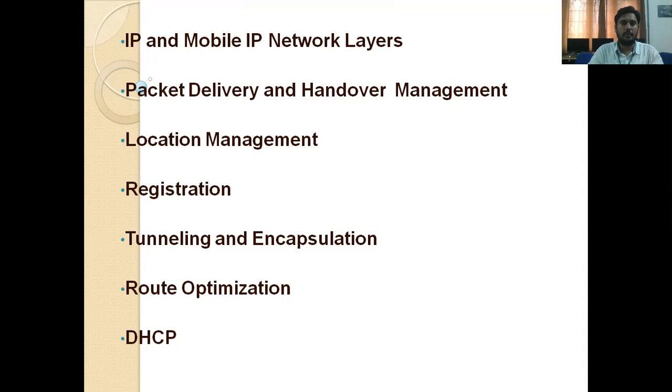This is the syllabus we covered in unit number 3: IP and mobile IP network layers, packet delivery and handover management, meaning how the packet is delivered and handed over to the destination user, location management, how it traces the location, registration, tunneling and encapsulation, route optimization, and DHCP, dynamic host configuration protocol. All these topics are related to the network layer.